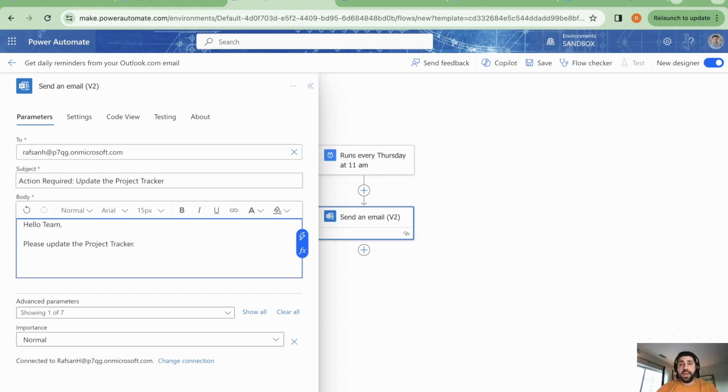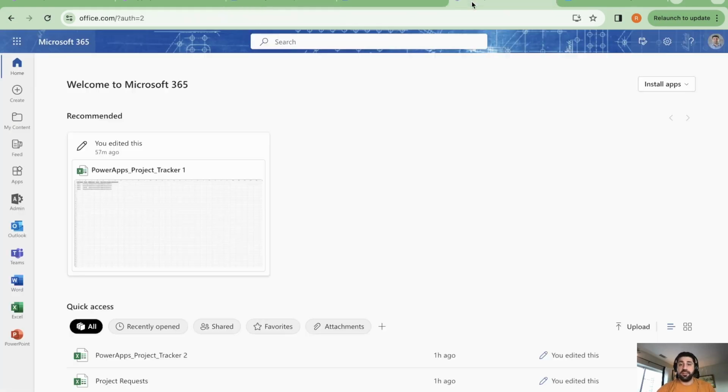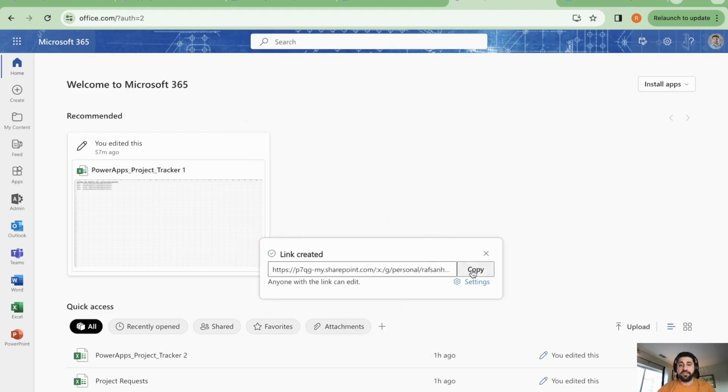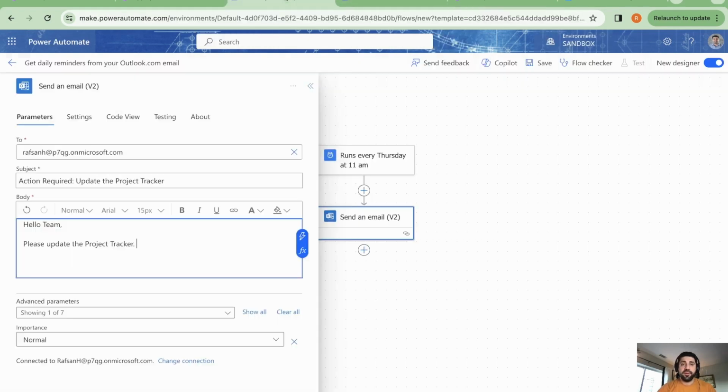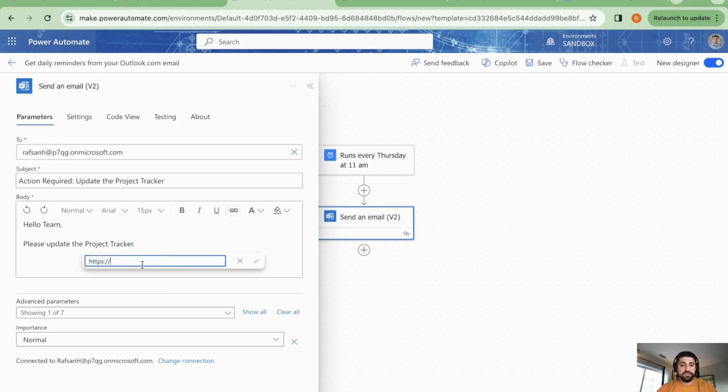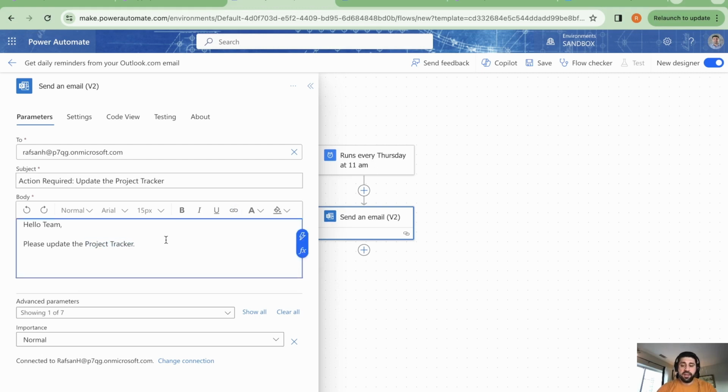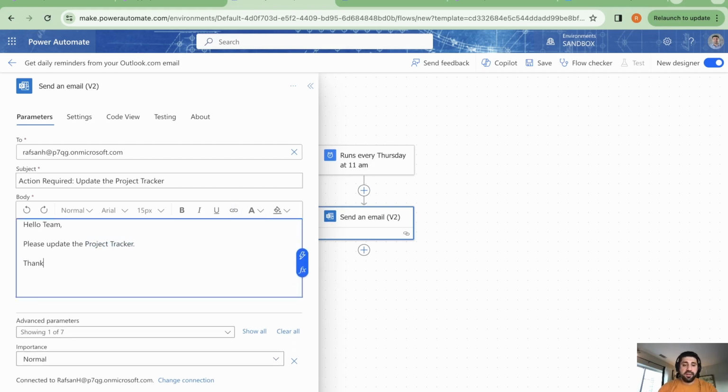And I will also embed my project tracker link here. So to do that, I will come here, and here is the one. I'll click share and copy the link. Come back here. So there is a link option here. You can click here and click edit, and then paste it here. Click OK. And I'll say thanks. Once you are done, click save,